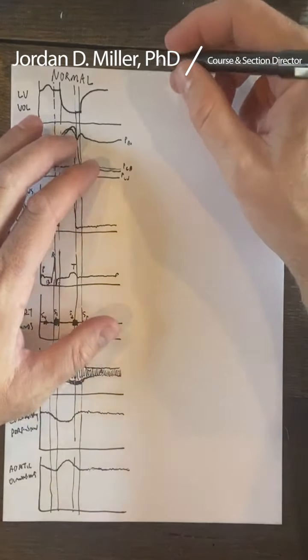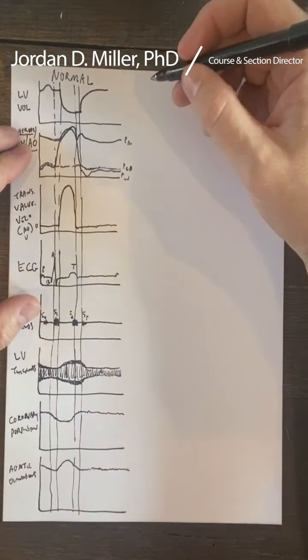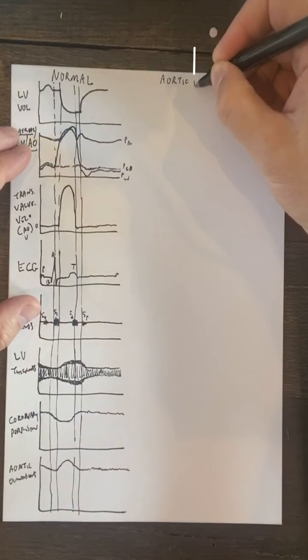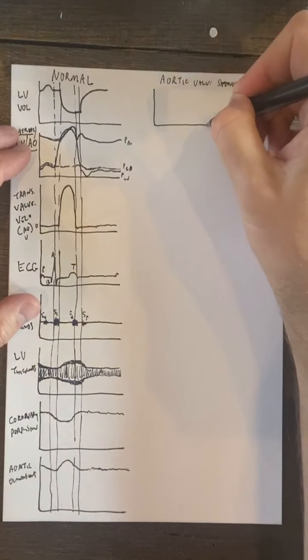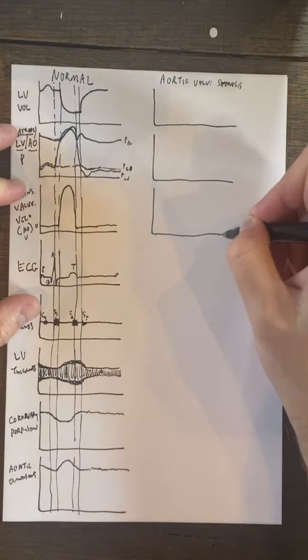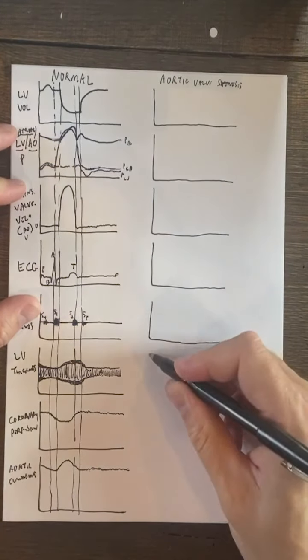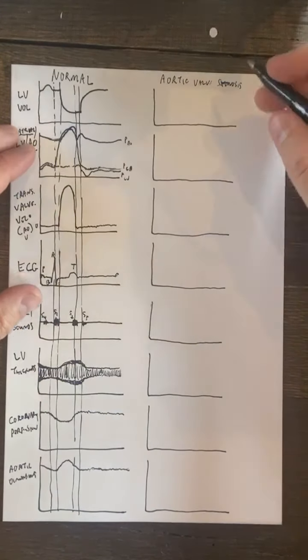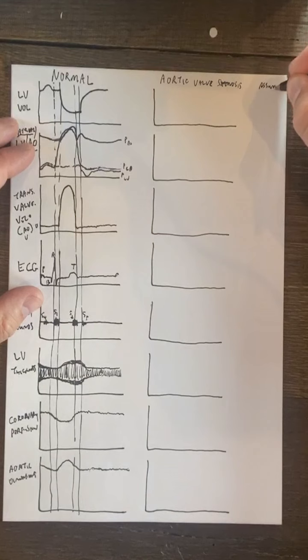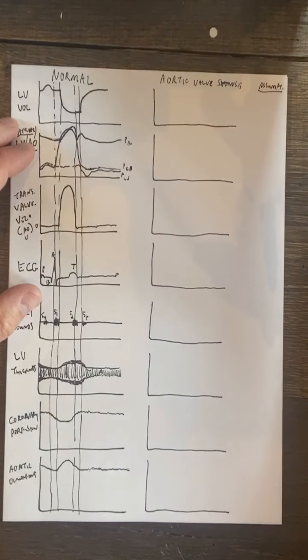So, as a depiction for the diseased Wiggers diagram in a stress condition, what we'll depict today is aortic valve stenosis. You can see that, much as we did last time, we will create our X and Y axes, which will enable us to draw everything out here. And of course, we will also make some key assumptions about what's going to be changing in some of these